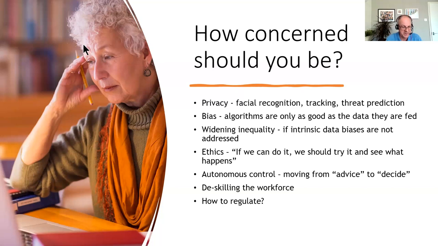So the bias is based on how good the data is in the first place. The algorithm needs to train itself. If it's only training on half of what exists in the world, it won't give you full answers, and that's where bias can be introduced. Similarly with inequalities, if you don't address those biases, you could, in theory, miss out the needs of lots of the population, and might not be able to spot things within that population because they're not represented in the data.